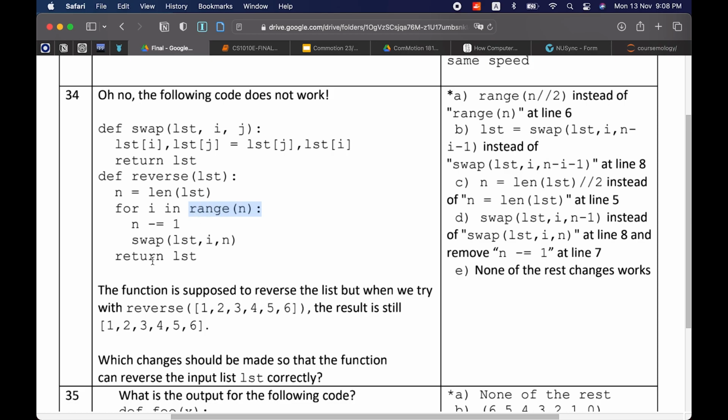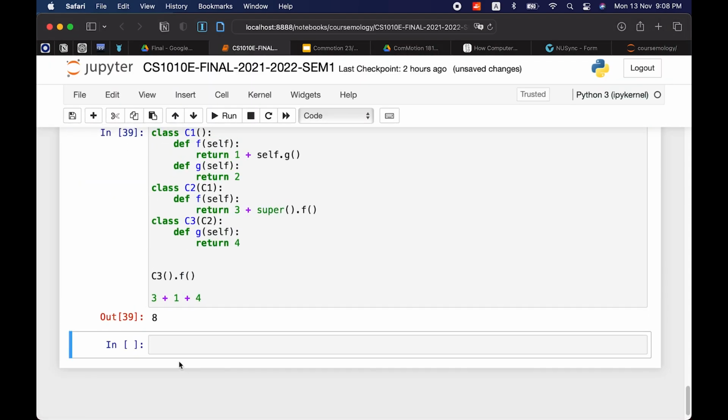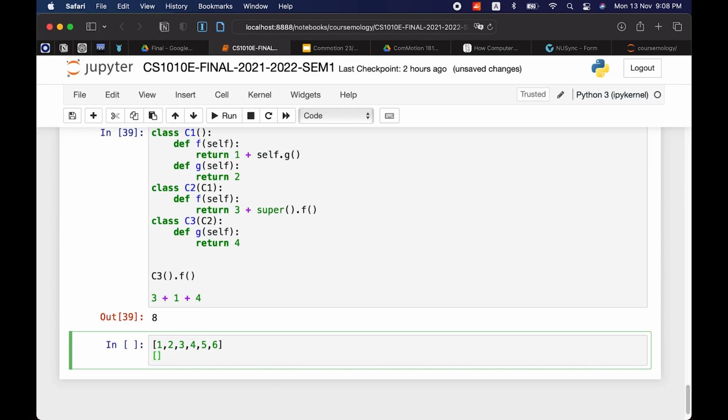I in range n is, because what happens is it's swapping. If you take the time to understand what's going on, it's swapping out pairs, I guess.